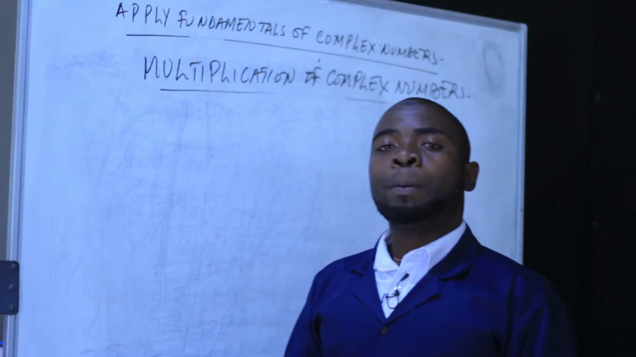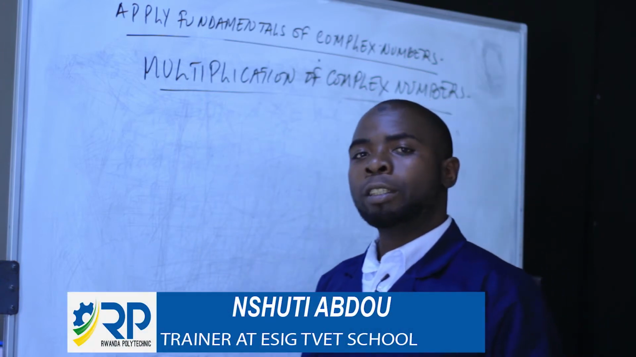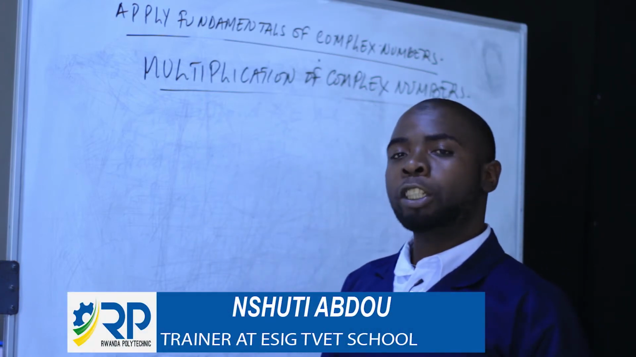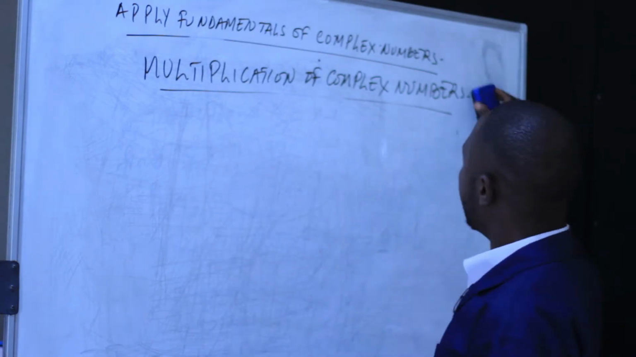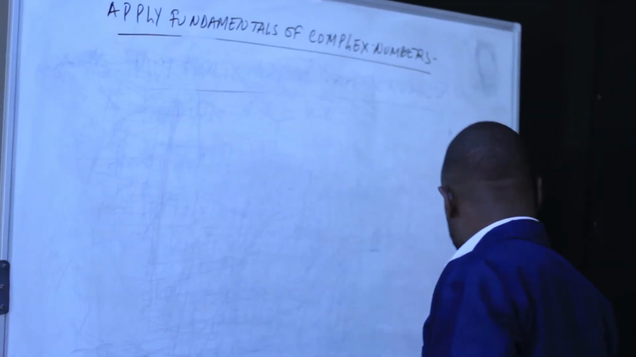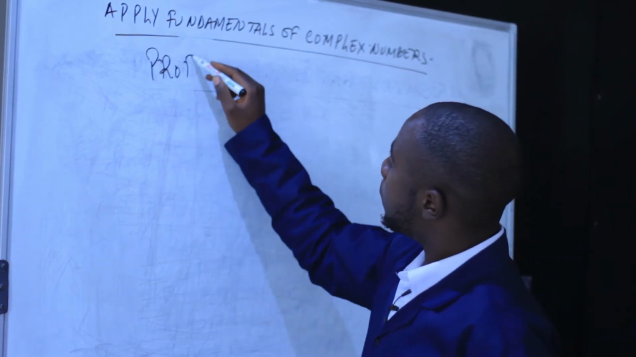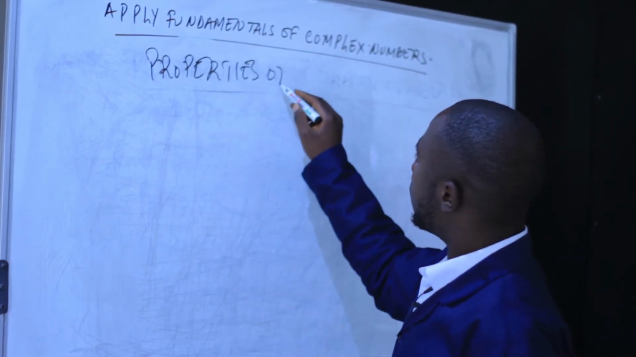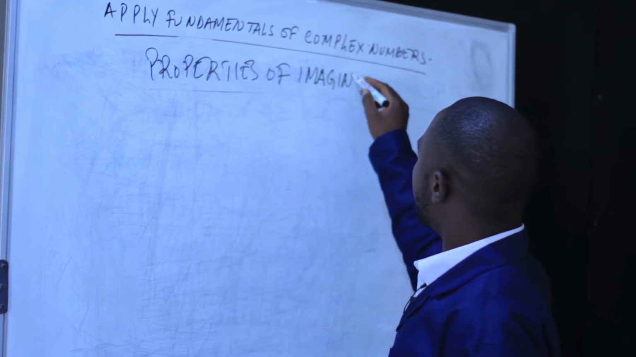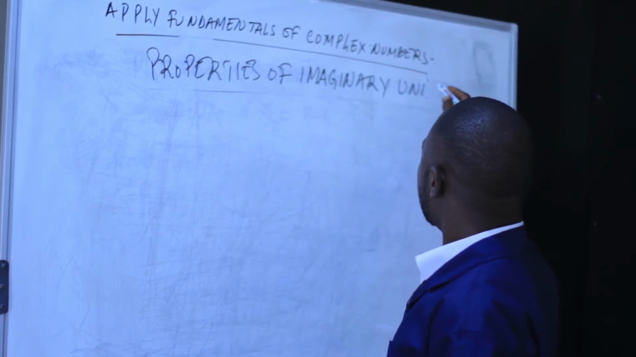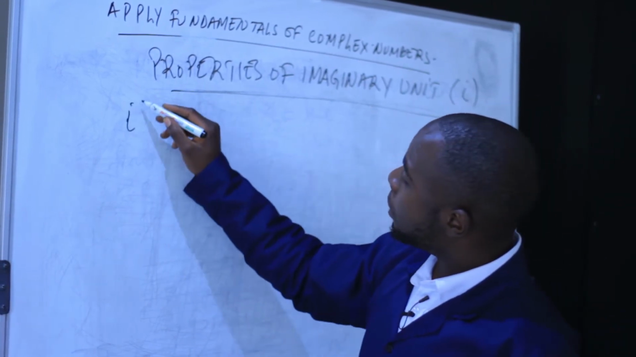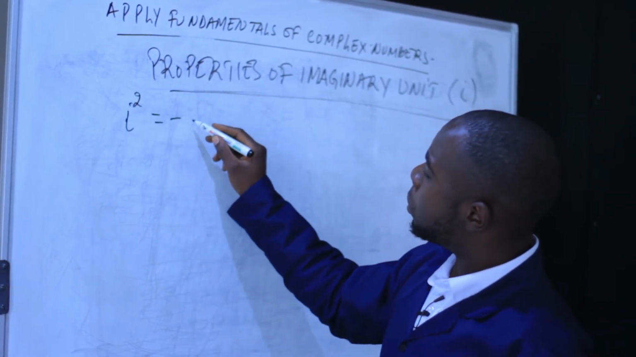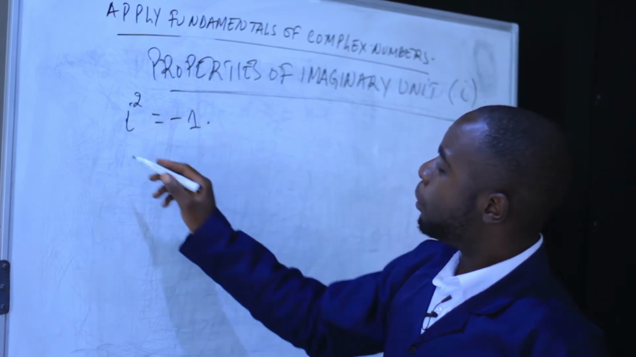Let's talk about properties of imaginary units. This i is called the imaginary unit. Properties of imaginary units: i square will be equal to minus 1. Find